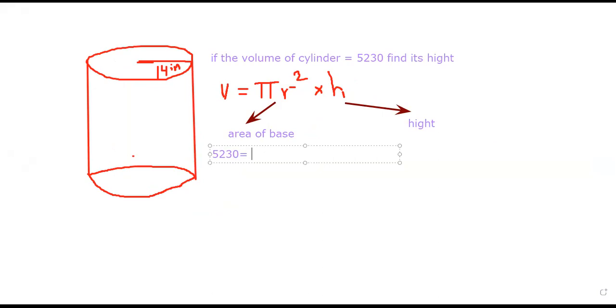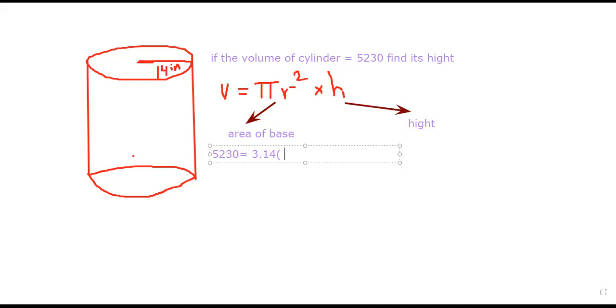If it isn't mentioned, it's up to you to use 3.14 or 22/7. We can use either one. He didn't mention the value of pi in this question, so we can use 3.14 times,